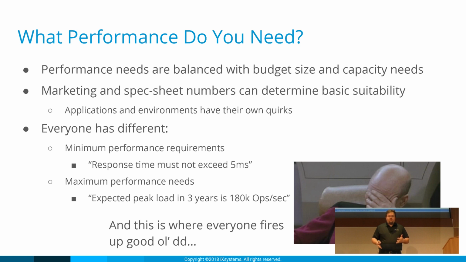And then there's also maximum performance needs, which can mean different things. I think a lot of times you can think about it in 3 years: I'm going to need this array for 3 years, 5 years. At that time, with my expected growth, I know I'm going to need this amount of ops per second. So that comes into the purchase decision of, will this meet my needs in the future?